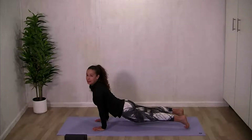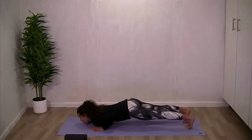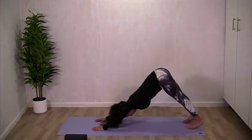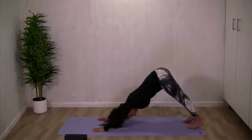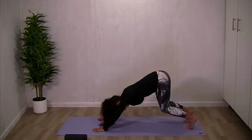Come back down, or rather come back up the way you went down. Bend through the elbows, push the weight back into your heels. Work a negative push-up to find your way back into a plank line. Ease into your down dog. Hold your down dog or give me a little donkey kick, bending through the knees and kicking your heels up